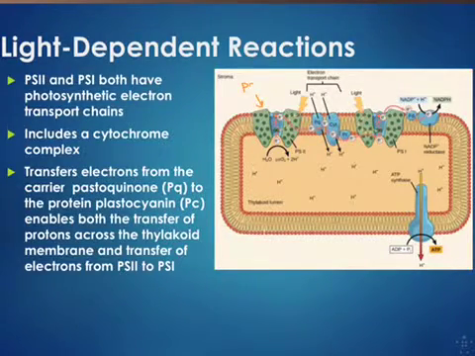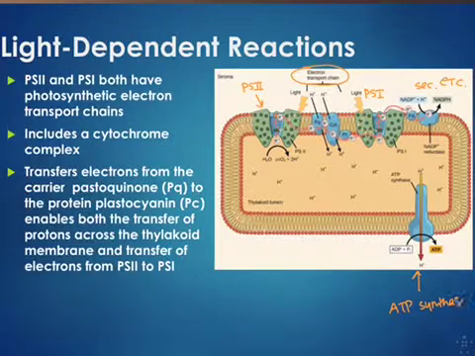Here is our PS2. Here's our first electron transport chain. Then we have PS1, followed by our second electron transport chain. And then, anybody remember what this guy at the bottom is? Yes, ATP synthase. Which does what? Makes ATP, very good. So this first electron transport chain takes the excited electron from PS2, which is right here,